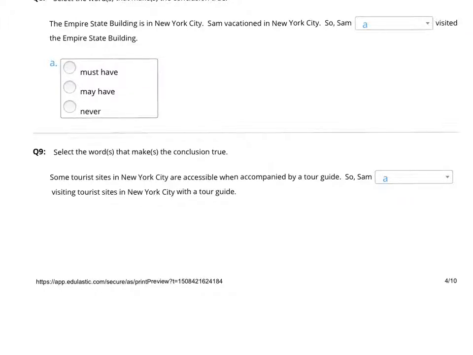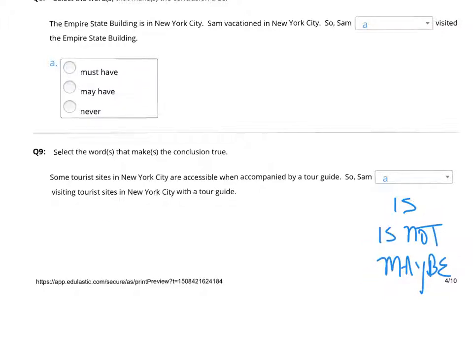Okay, number 9, the conclusions must be on the next page. Let's take a look. I'm going to write these down right here. Is, not, and maybe. So those are the 3 choices. Some tourist sites in New York City are accessible when accompanied by a tour guide. So Sam blank visiting tourist sites in New York City with a tour guide. So Sam is visiting tourist sites with a tour guide. Sam is not, or Sam may